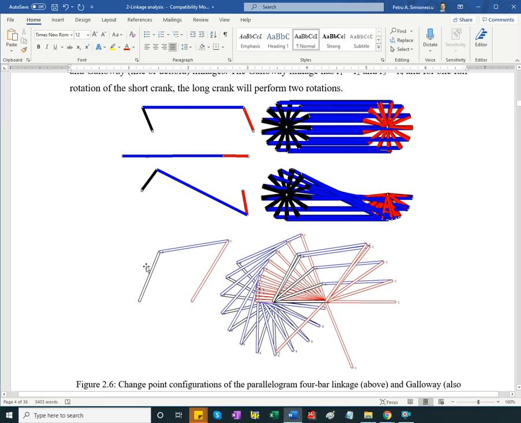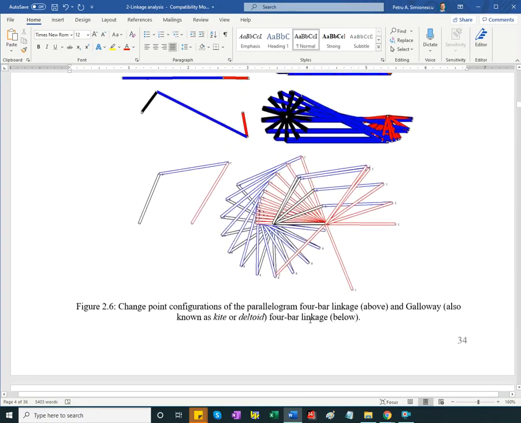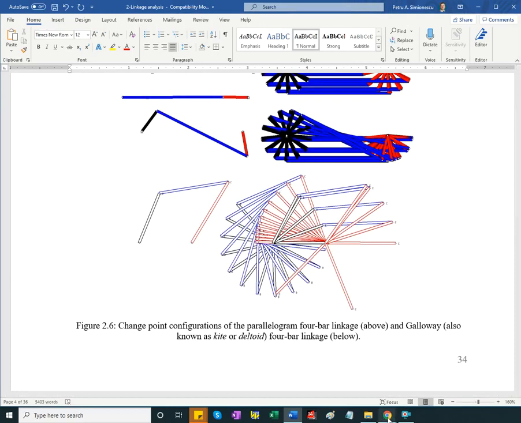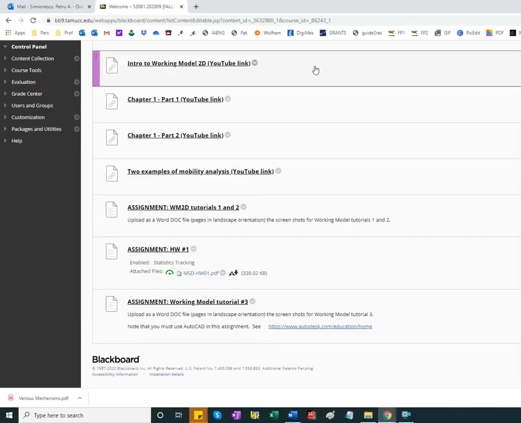So it could be used, although there is no linear input-output correlation. I could use this as a reducer or transmission ratio of 2 to 1. Okay, let's see. I could go to